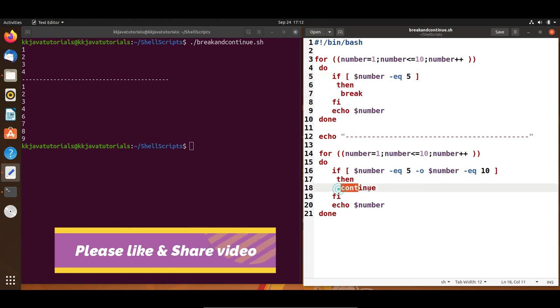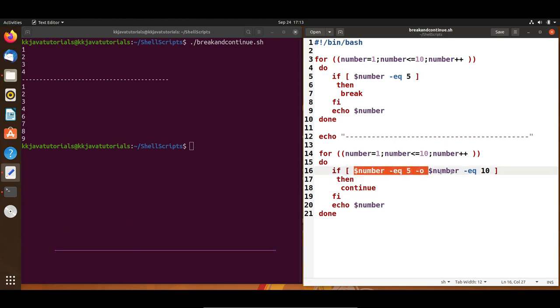But continue means, let's say you have a list of stuff and you are iterating, but for a few inputs you don't want to process. You want to go back to the loop, and the rest of the code after continue you don't want to execute. Then you may use continue. And break means if a certain condition is met, you would like to come out of the loop itself.